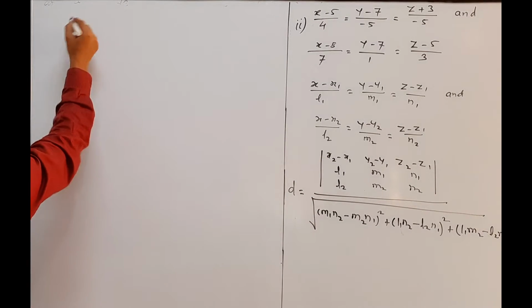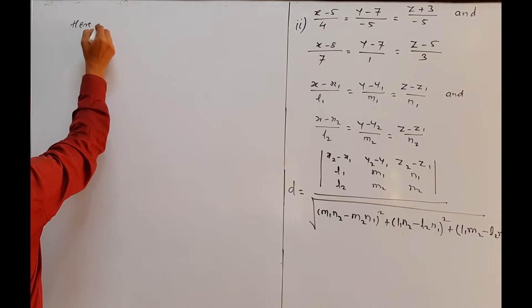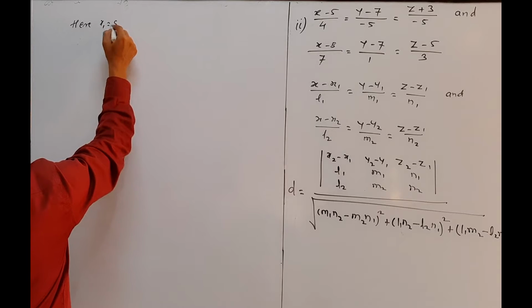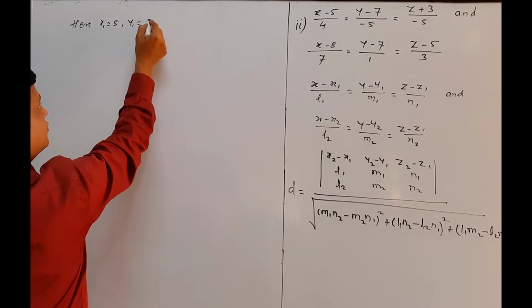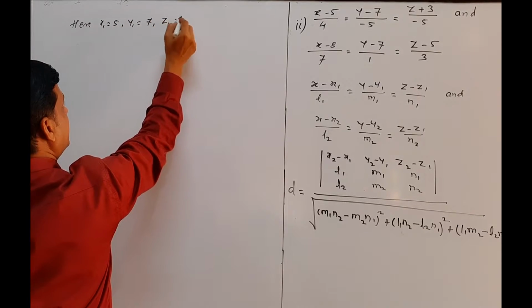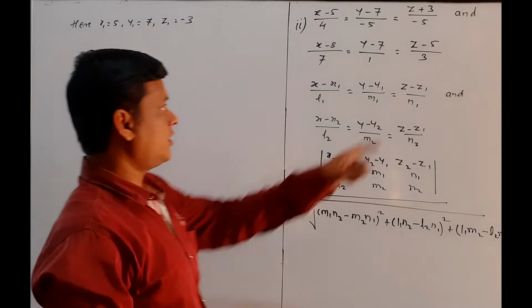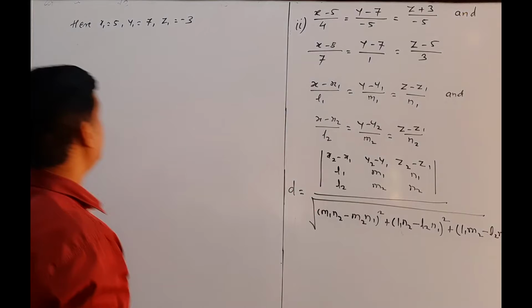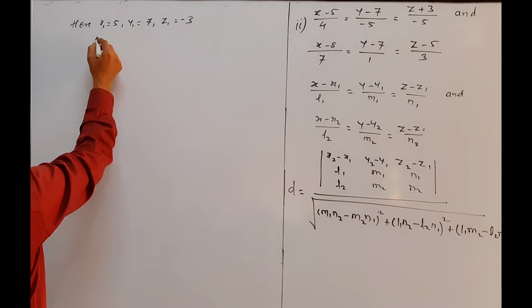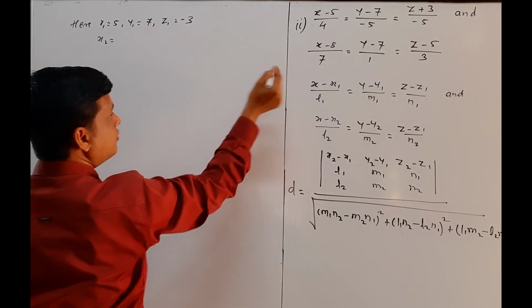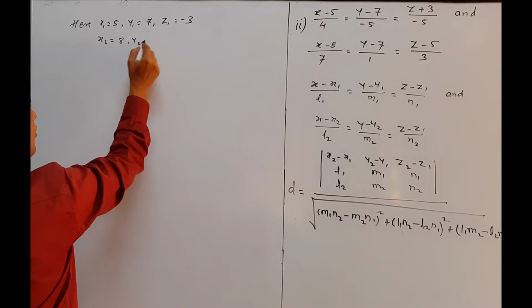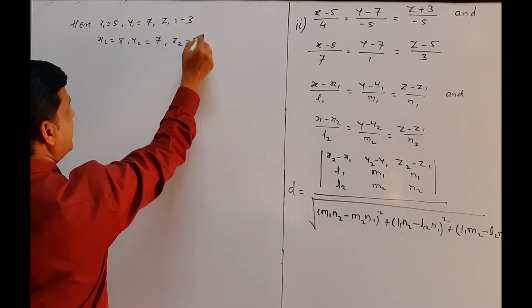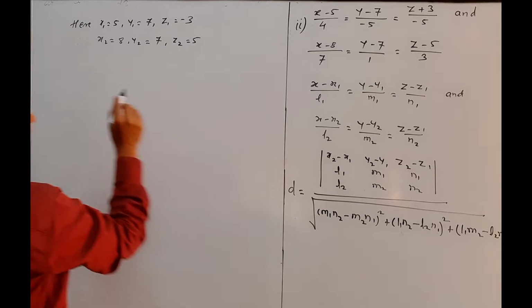So we write here x1 is equals to 5, y1 is equals to 7, z1 is equals to minus 3, because plus 3 can be written as z minus minus 3. So we write here z1 equals to minus 3, x2 is equals to 8, y2 is equals to 7, and z2 is equals to 5, and then